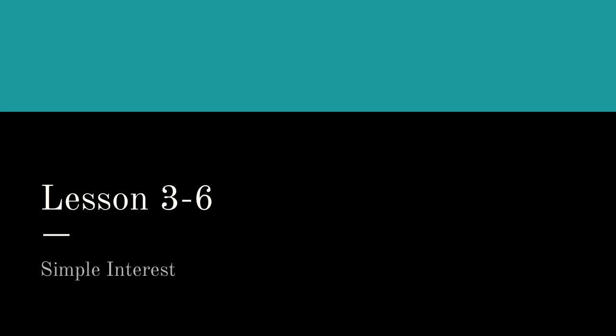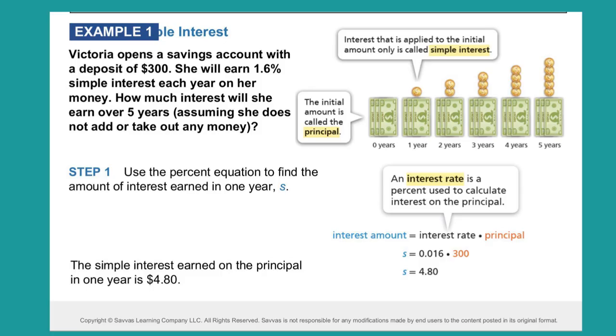This is lesson 3-6 called Simple Interest, and it starts on page 180 of your workbook. This is example 1 on the top of page 180. It says Victoria opens a savings account with a deposit, that means you're putting money in, of $300. She will earn 1.6% simple interest each year on her money. How much interest will she earn over 5 years, assuming she does not add or take out